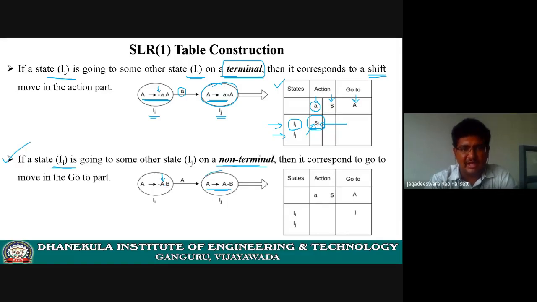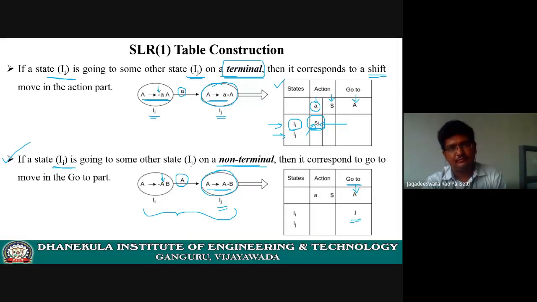So I am assuming this item set state is being considered with the name Ij. But how are we going to represent this information on the table? As you perform the action on the non-terminal, we have to go to the go-to part of the table. Under the capital A only, we have to represent the state number only. What is the new state we reach? Ij. No need to write Ij here. Simply write J. You already know the reason also. It avoids the confusion at the time of parsing of input.